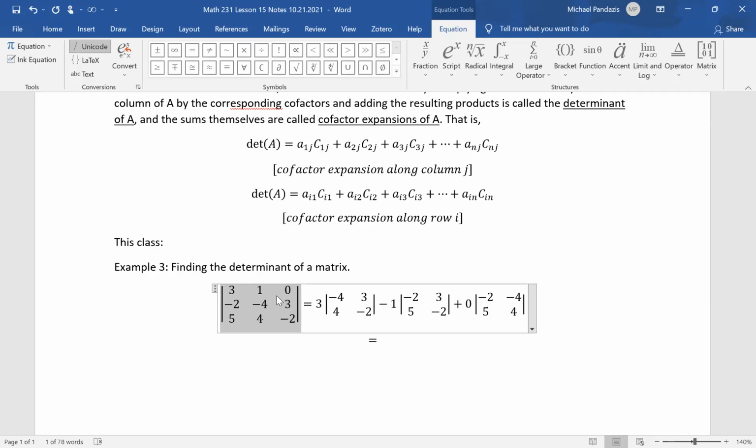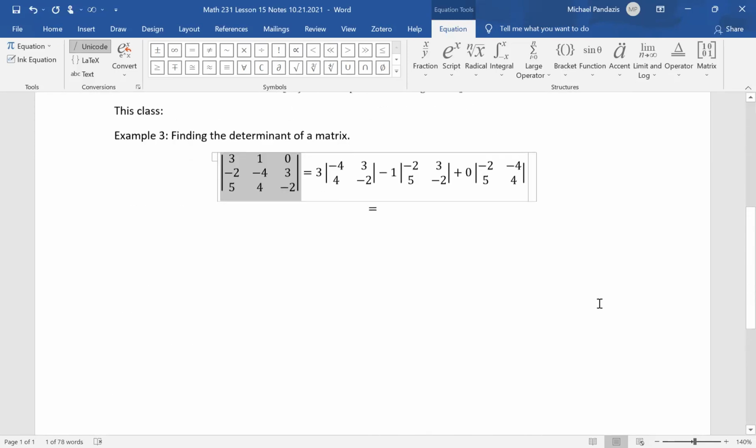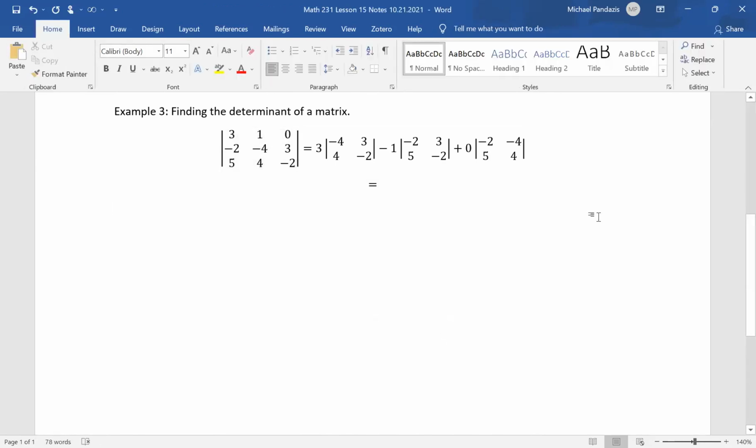And so we can always use this process to make the sizes of our matrices that we're finding determinants of smaller. So if we had a 5 by 5, we could express it in terms of the determinants of 4 by 4 matrices. And then each determinant of a 4 by 4 matrix, we could express as an expression of determinants of 3 by 3 matrices. And then each of those determinants of 3 by 3 matrices, we could express using only determinants of 2 by 2 matrices. And so it's a lot of work. But eventually, you can just use the formula we had at the beginning,